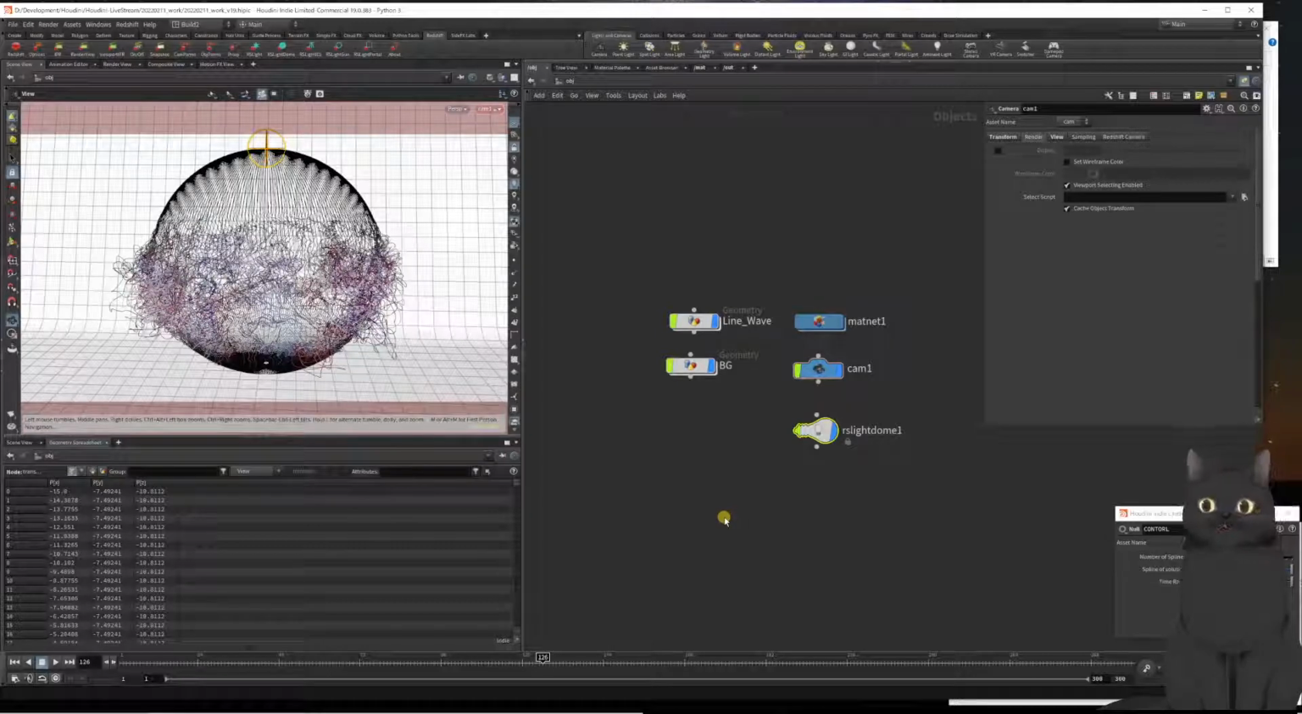yeah, that's basically it. Here will be your redshift camera, all cool and easy. So let's fire up render view. Now here you can see that